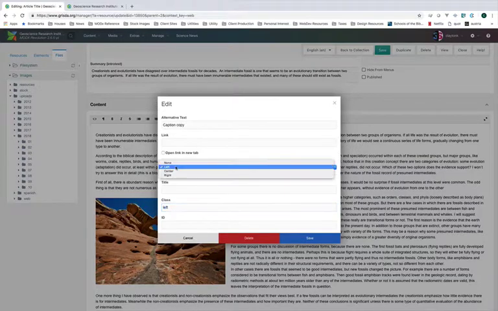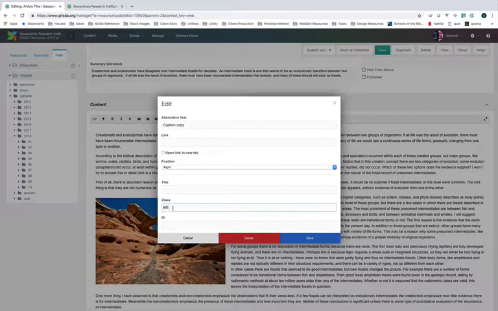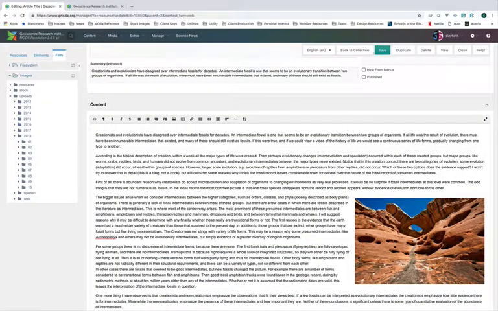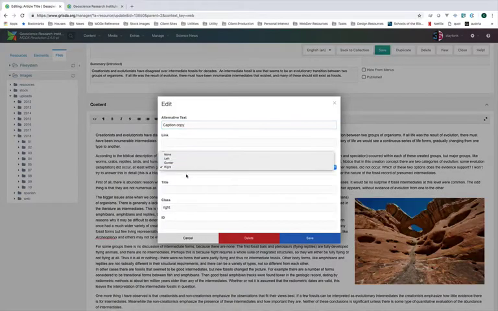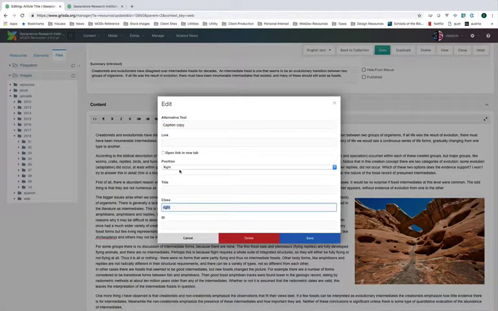So in actuality, this is a shortcut. Using left and right is a shortcut to putting in class left or class right. See, if I manually put that in, you can see it positions it over here. Now, we have a third class option, which is not present in the position menu, and that's full. So if I came here and said, let's set this position to none, and we're going to set this class to full,